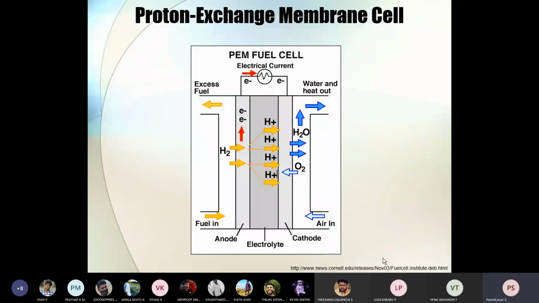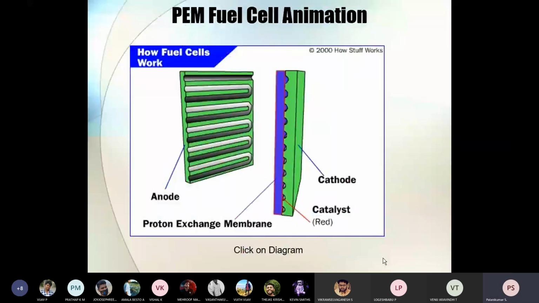A fuel cell is a very good power producing unit, a silent generator. Unlike other energy storage systems, the byproduct is only pure water. If it is fully implemented, we can get all these benefits. How it works, I already told you. It is similar to a battery; we have an anode and cathode, and similar to an electrolyte, here one membrane, the proton exchange membrane, will allow ions but will not allow the electrons to cross.